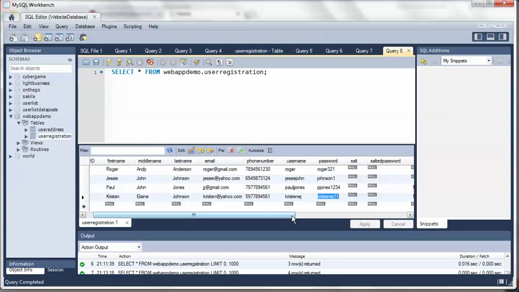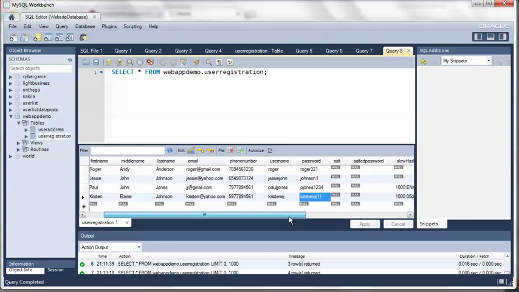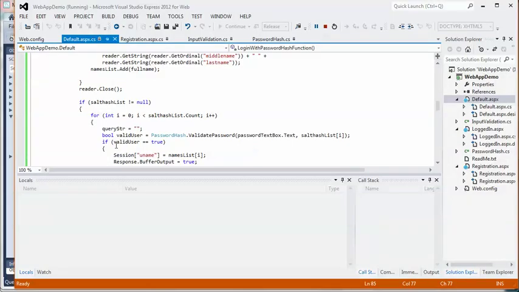But in the login page, if you remember, all we did was extract the first name, middle name, last name, and the slow hash salt column whenever the username in the text box that the person enters matches a username within this database over here. So if we actually step through the code again,